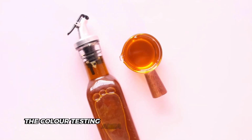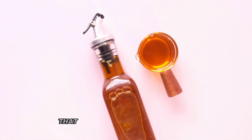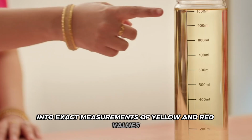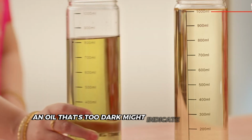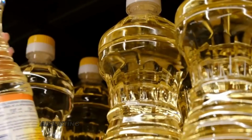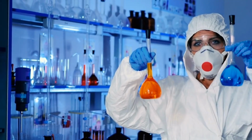The color testing area uses spectrophotometers that break down the oil's color into exact measurements of yellow and red values. "An oil that's too dark might indicate improper refining or contamination issues," notes a lab worker, adjusting the machine for the next sample. Check out one of the more